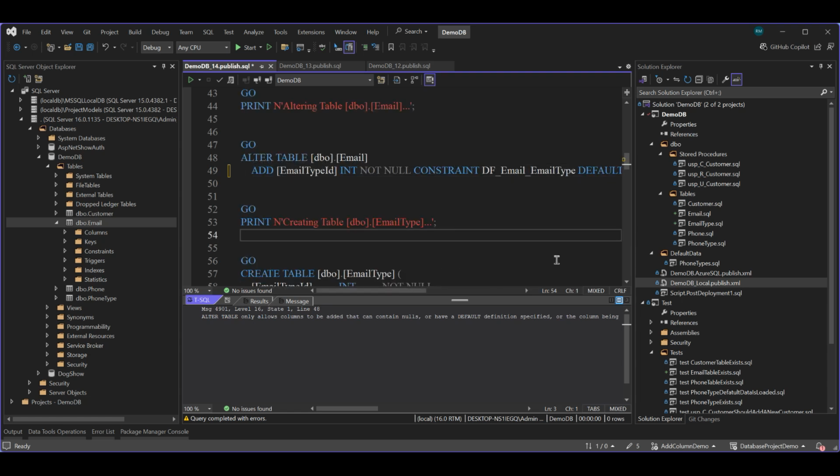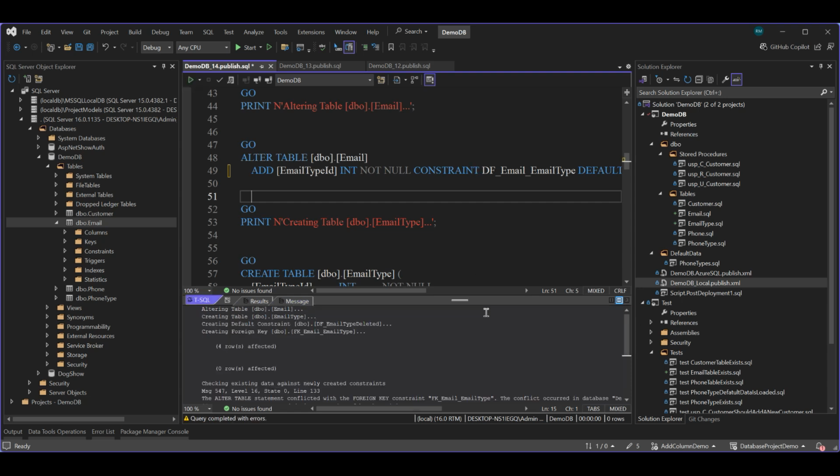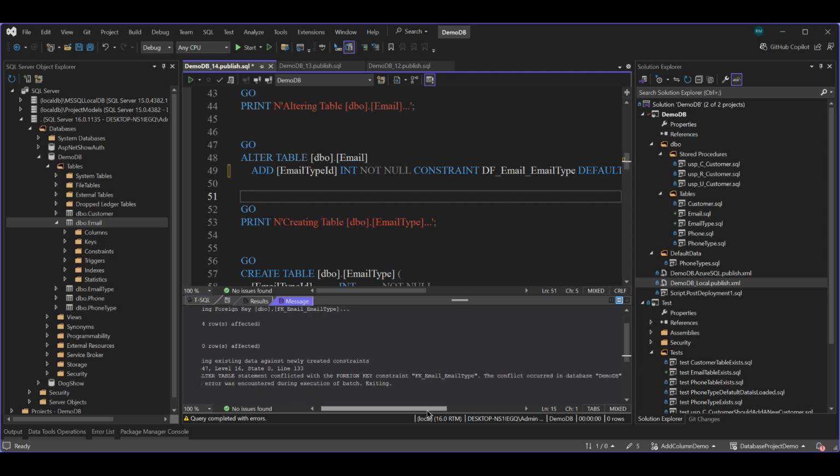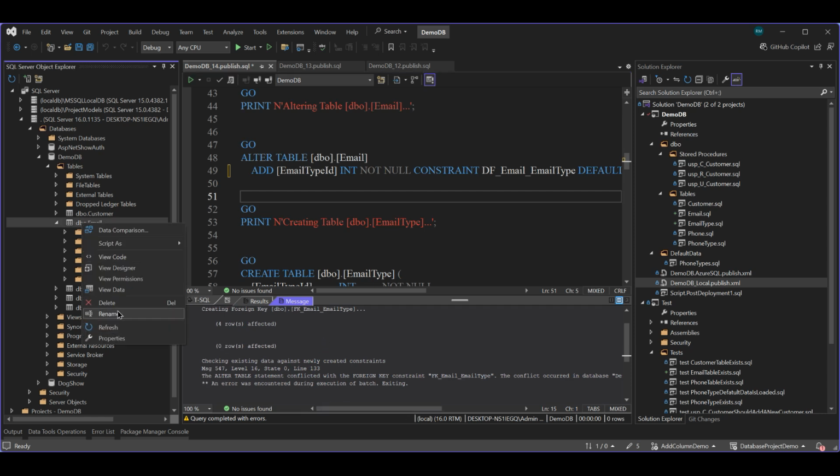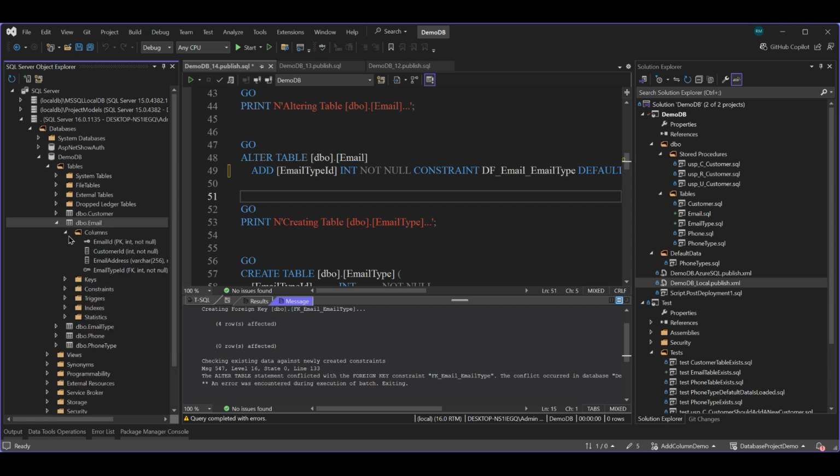Let's see what we get there. Right, and this is just an alter of the script. I haven't altered the root table yet. We're just changing the script. Oh, now it worked, because if we refresh that, there's my email type, right? And I have my default constraint, right? I have my primary key,